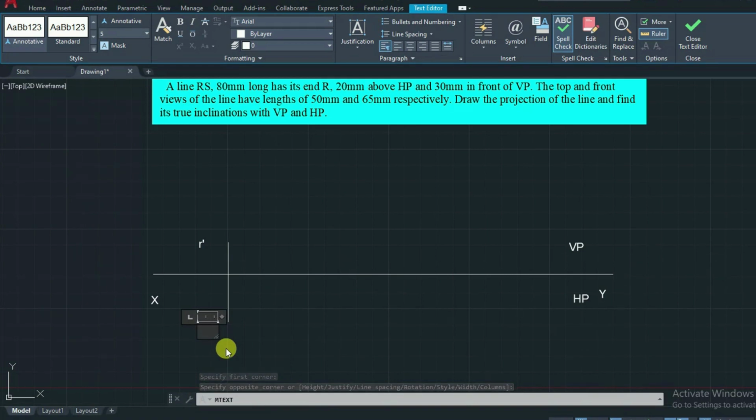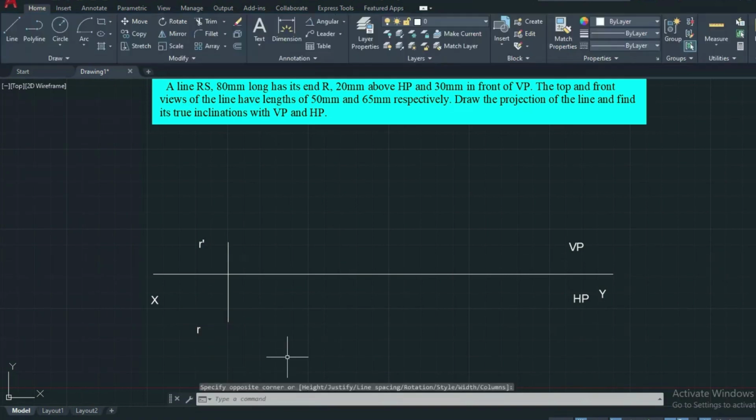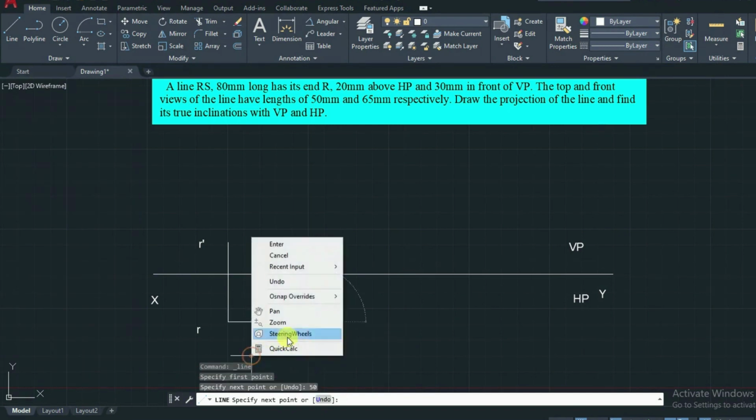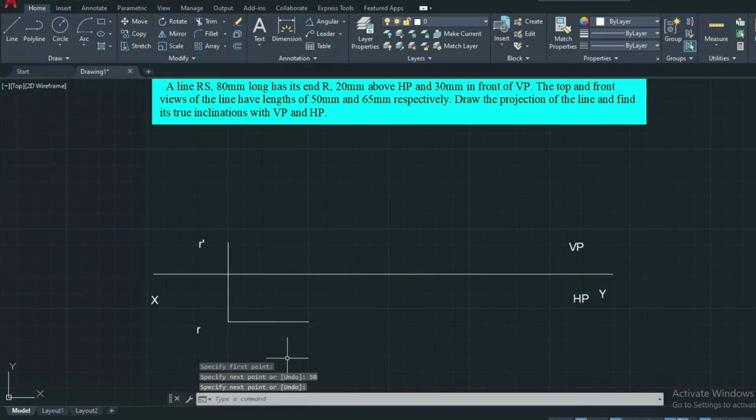Then the top and front view lengths are given as 50 mm and 65 mm. So the top view we obtain on the horizontal plane, with a length of 50 mm. At the end of the top view, draw a vertical line of convenient length.